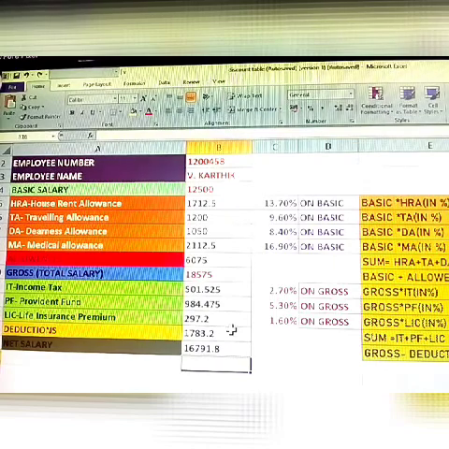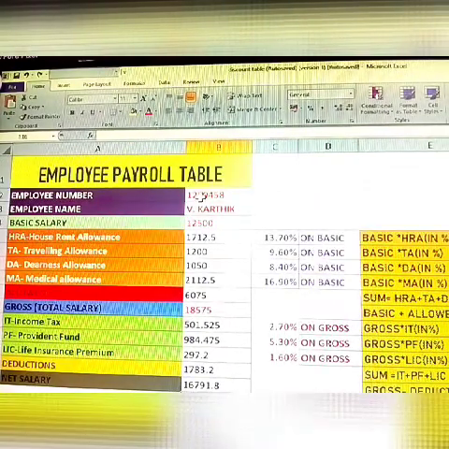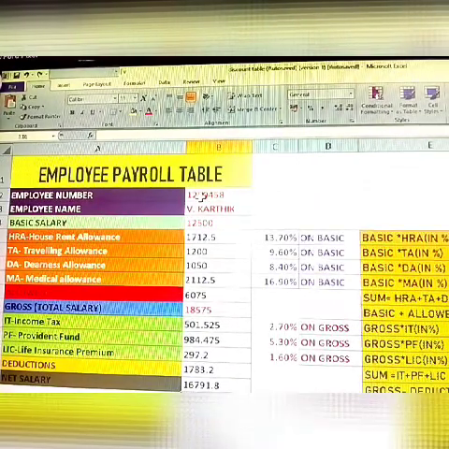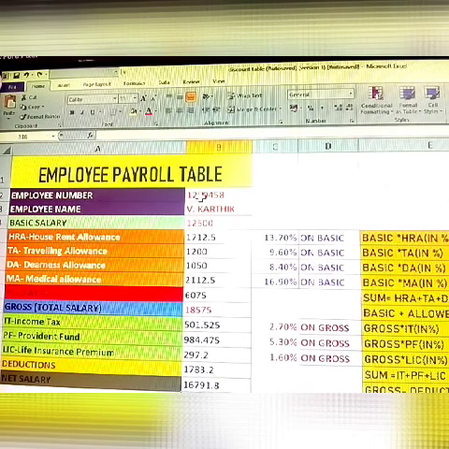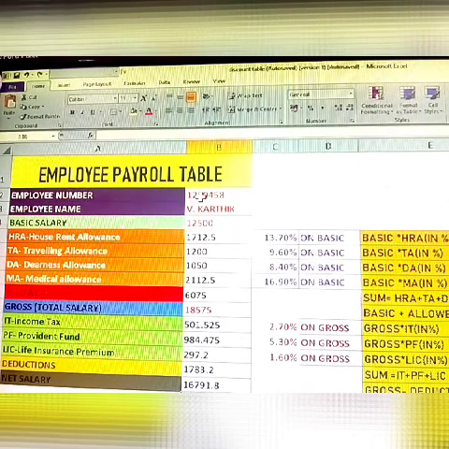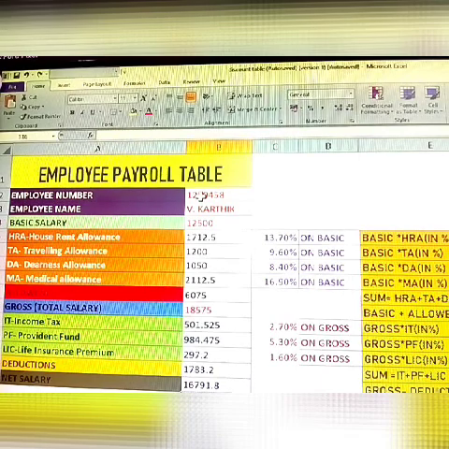This is called a one employee payroll table. This is the main thing: for one person, how many deductions are there and how many allowances are there.